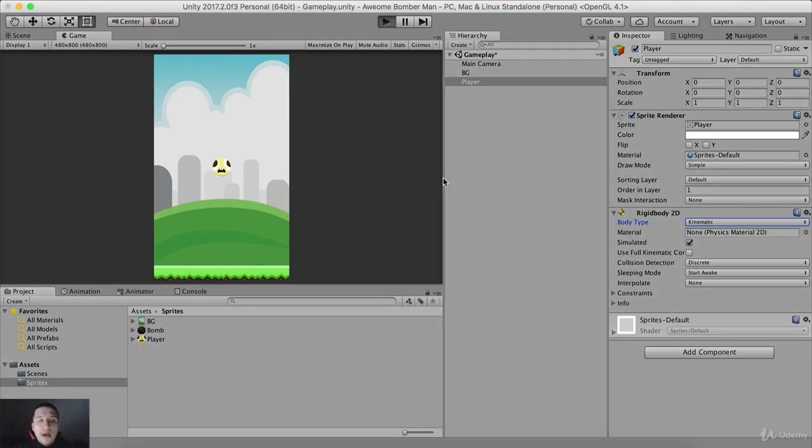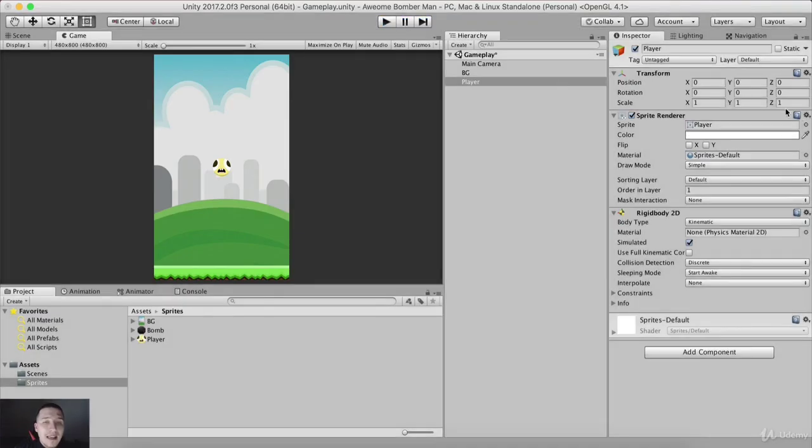What will happen when I run the game now? Bam, our player is standing in the same spot. And I'm going to put his Y position back to 3.66. Kinematic means that the rigid body is there, but gravity will not affect our player. Other physics, forces, and so on and so forth can affect this game object, but gravity will not affect it. We need it like this because we want to move our player in the code,